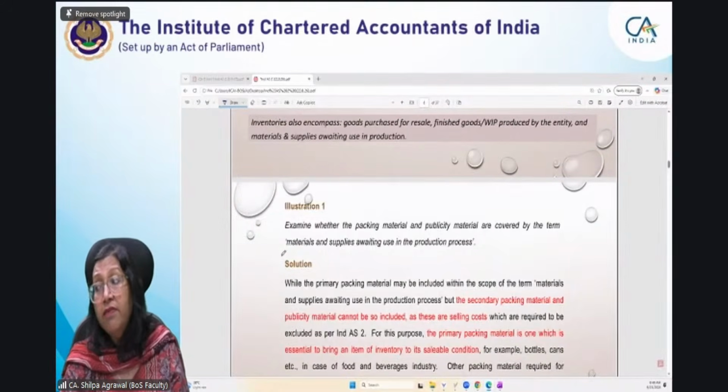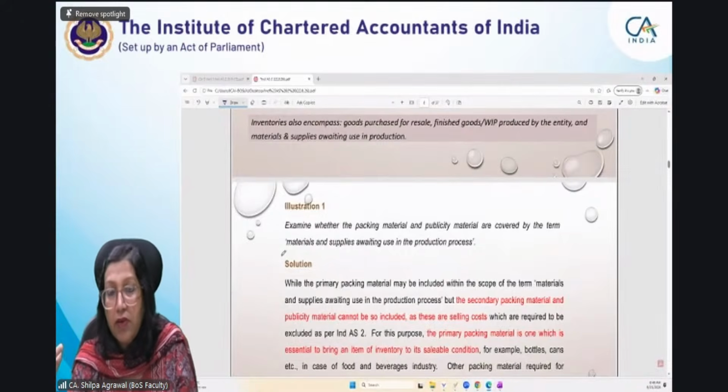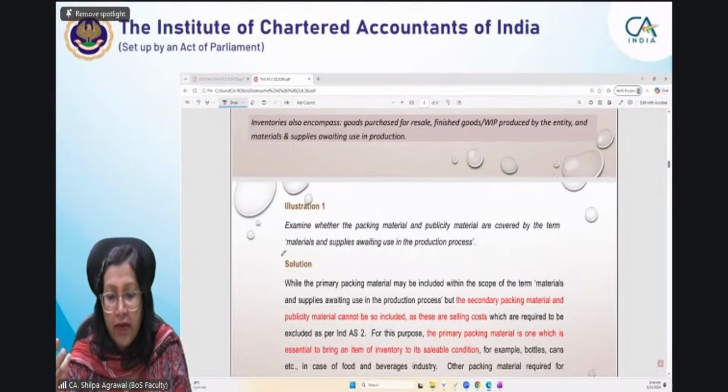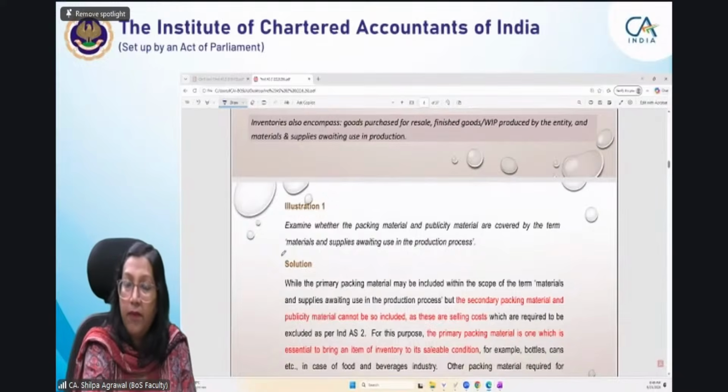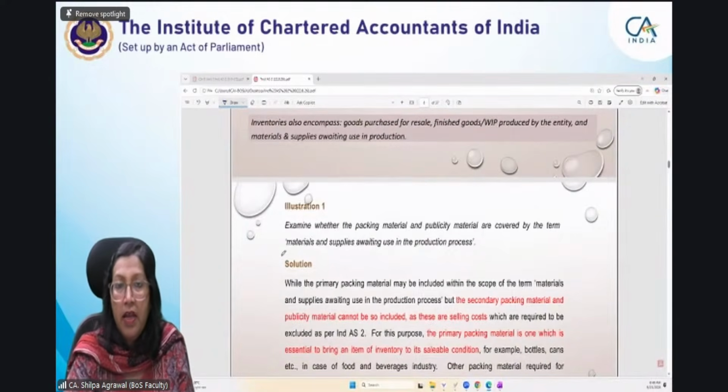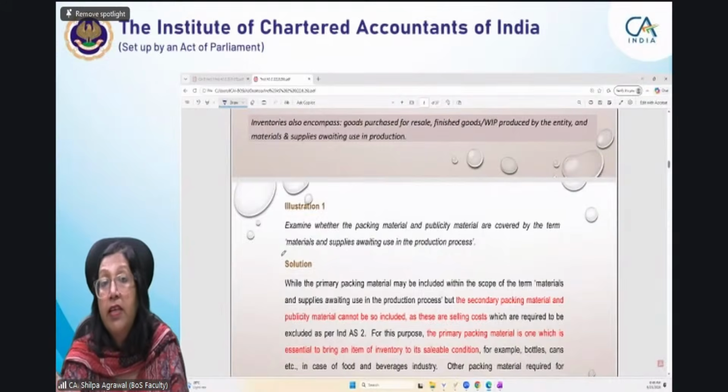Gas, exactly. If you're talking about a cylinder, that is returnable. That cylinder is returnable, so it will not form part of the cost of the material inventory. It will be an inventory for the manufacturer, but this cost will not be considered in the determination of cost when we are doing it for inventory. There is a separate deposit for the containers, the cylinders, which carry that gas.